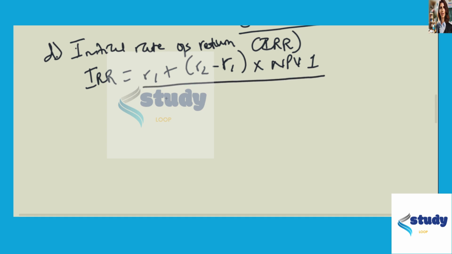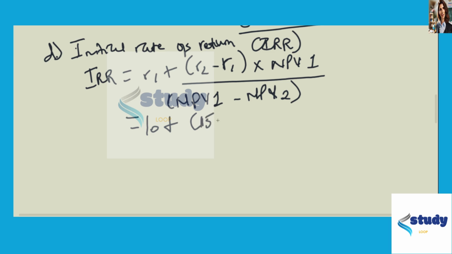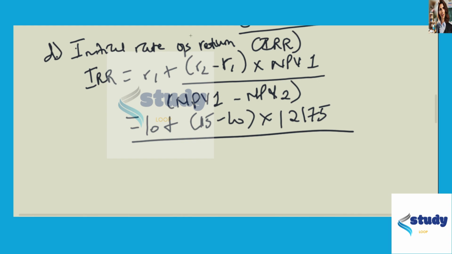So the internal rate of return using the interpolation method would be, so this is the formula, and then this will be 10 plus 15 minus 10 multiplied by 12,175 divided by